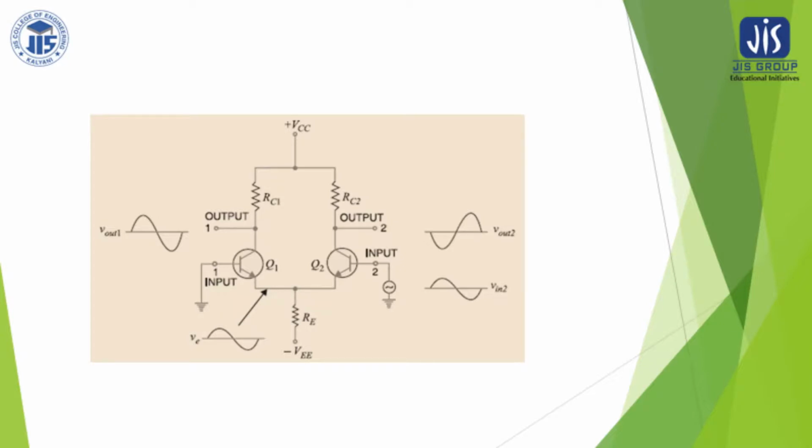Now these are the two inputs, V1 which is an AC signal applied to the base terminal and V2 is also applied to the base terminal. We already have seen that for a transistor, if we apply an AC signal which has a very small voltage, of the order of millivolts, it is insufficient to turn on the base emitter junction diode. So that is why VBB1 and VBB2 are the required DC battery voltages for turning the transistor base emitter junction on. Once the base emitter junctions are on, then applying V1 or V2, which are AC signals that might have positive sweep and negative sweep, will increase or decrease the emitter currents. So there are emitter currents which are flowing here.